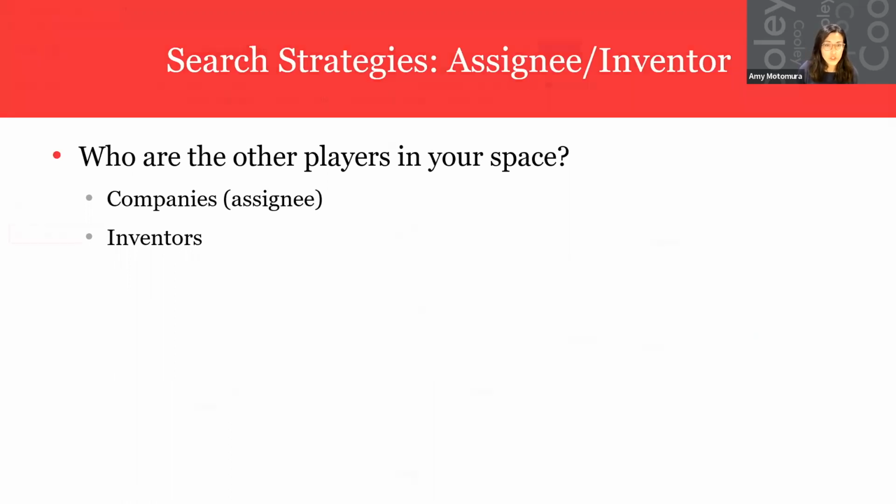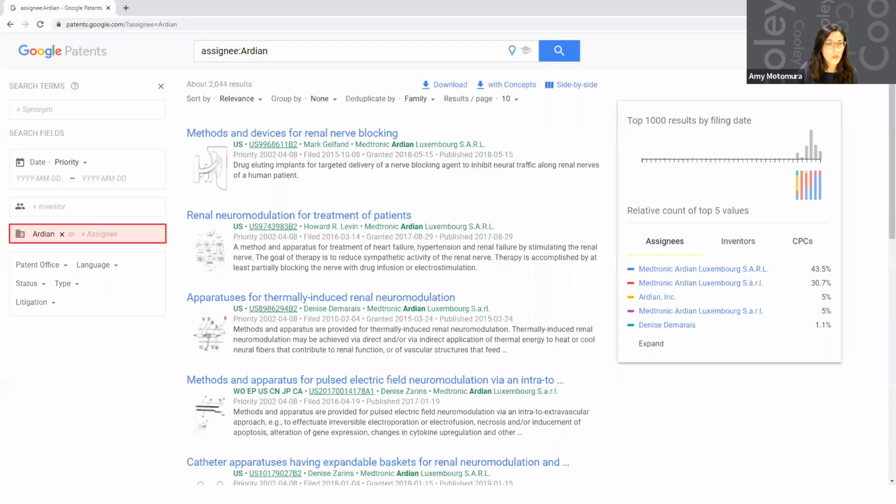If you go back to Google Patents, there's this spot here where you can put in a particular company. Whoever owns the patent is usually not going to be the inventors themselves, it'll be their employer. The patent will be assigned to them. So if you're looking at renal denervation, you can put in Ardian and look at